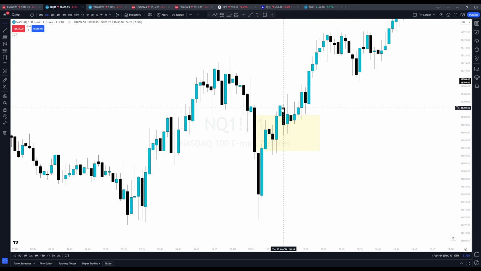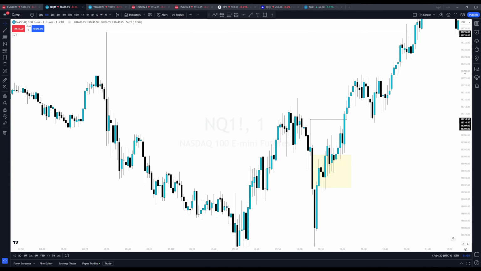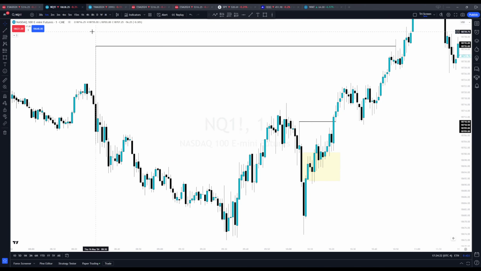We close above it, and we target this high. So whenever I take an inverse like this, this will be the first target. Why? Because we could absolutely just be going up to take this high. This is where I'll go to break even. I'll trim, but then the ultimate target is, we know, the data highs up here from jobless claims are a strong